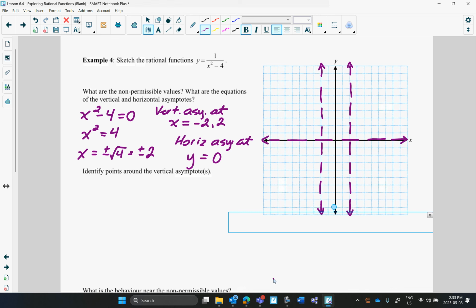Notice we've got three sections now. We've got this section, we don't know if the graph's here or here. We know it doesn't touch here. Something's going on in this section, and something's going on in this section. So we have to figure out what's going on in each section. This is why we want to identify points around the vertical asymptotes, and to remember how we do that,